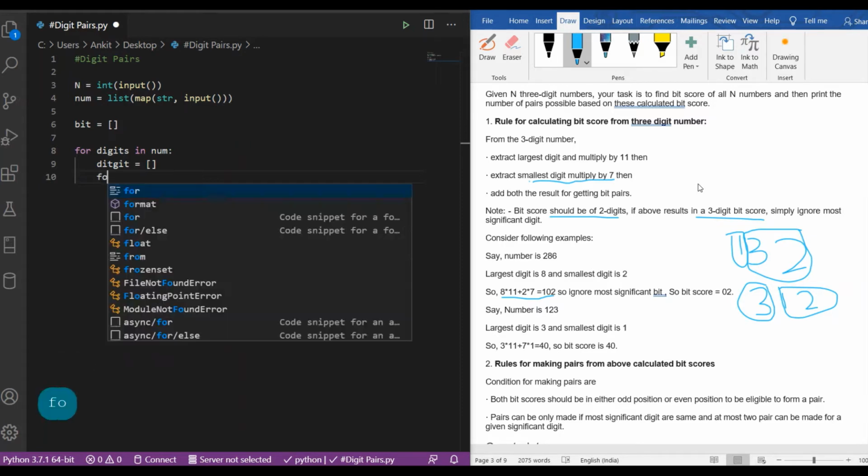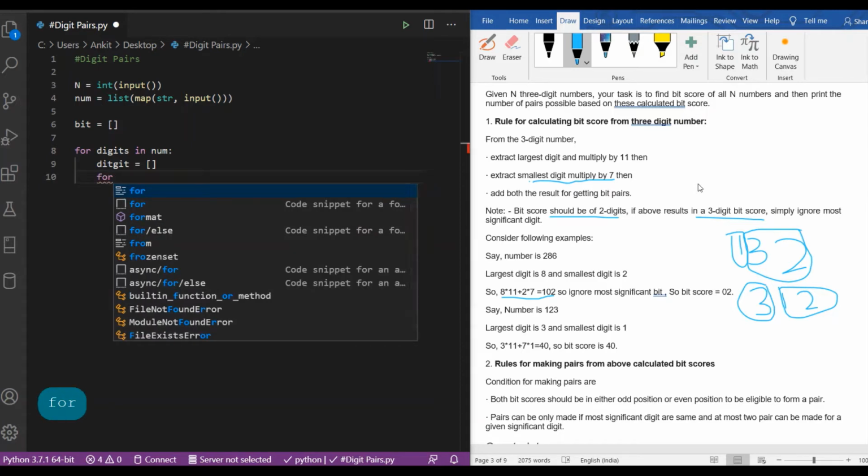And after that we have to implement another for loop.